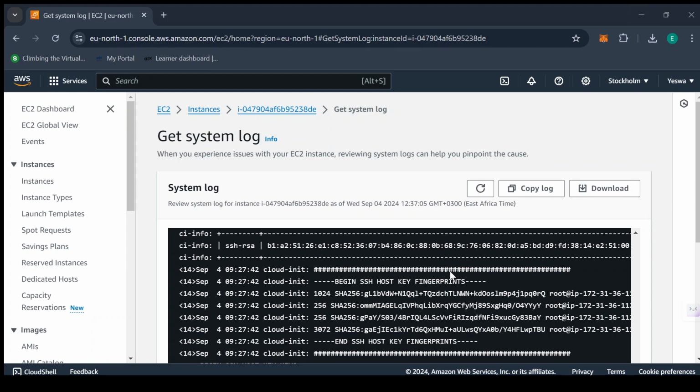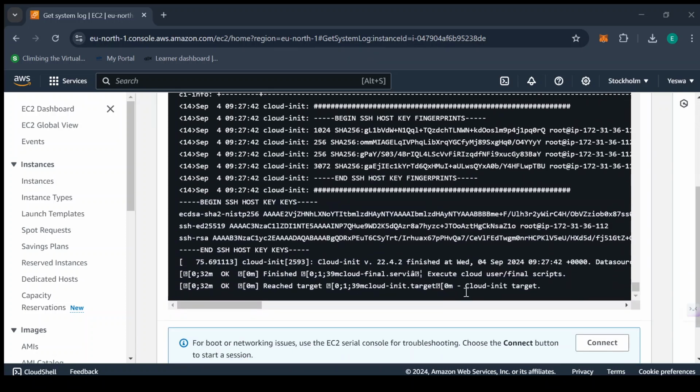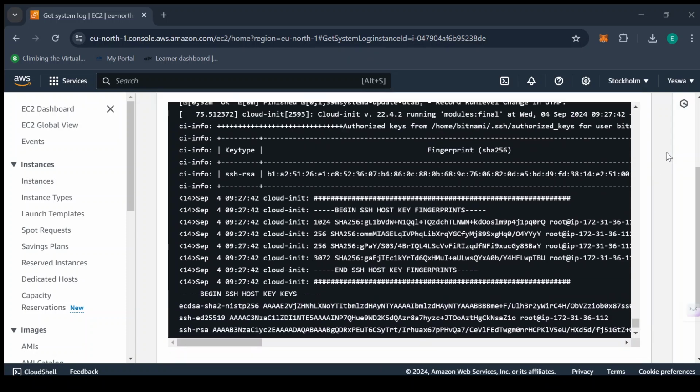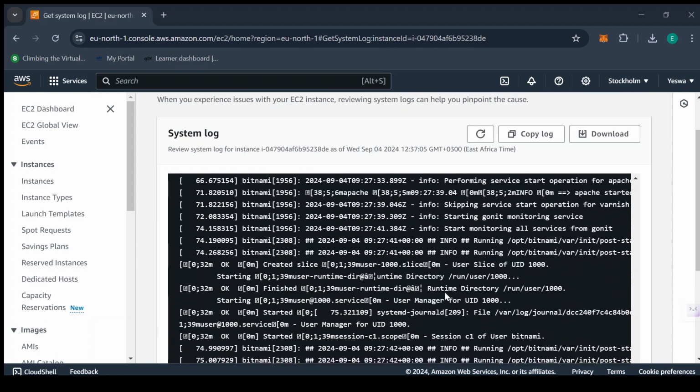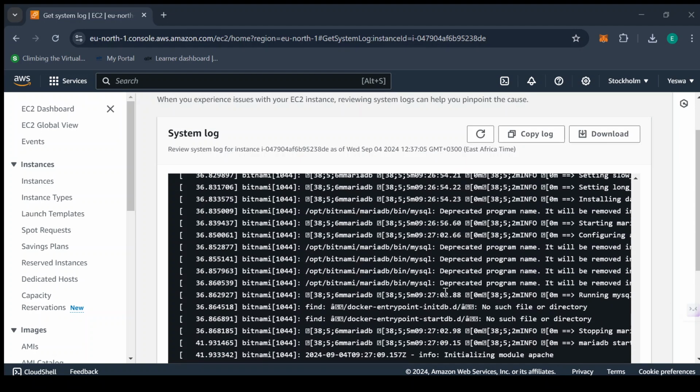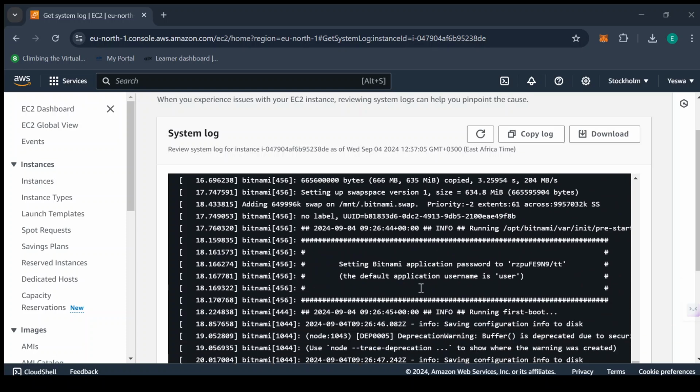Yeah, so after waiting for like 5 minutes, the logs have finally generated. So you just scroll up, scroll up, scroll up, and you get to this section, setting Bitnami application password to this, and the default application username is this. So copy this password within the quotations. Once you've copied it,